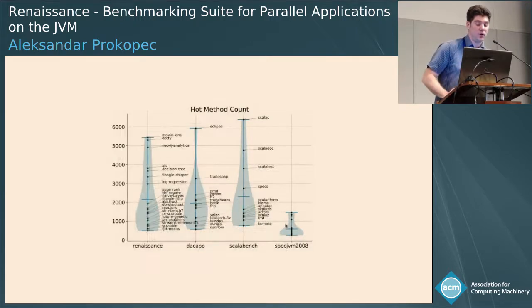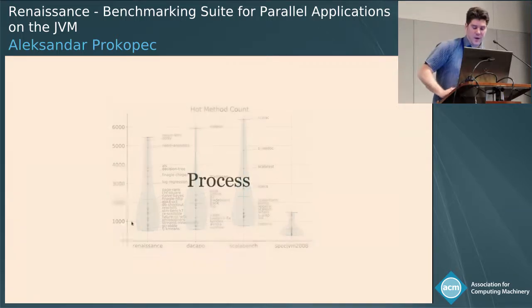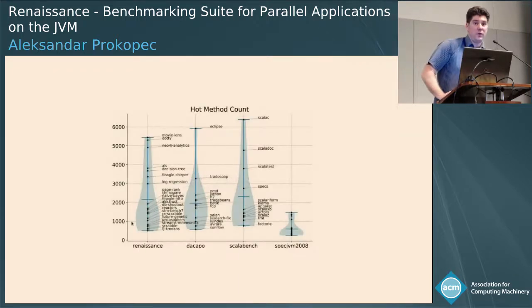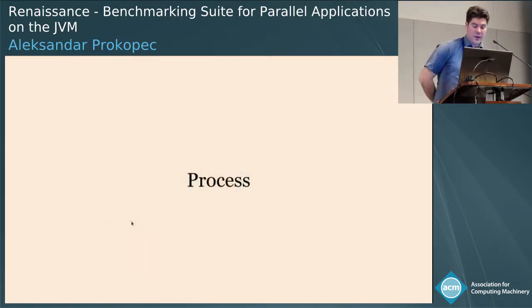In addition to hot code size, we compared the hot method count, so the number of methods that were deemed important to be optimized by the VM. And here we saw again a similar distribution with a small note that it's slightly more method counts per hot method size, which might indicate that people are writing smaller methods on these newer workloads. So from this we concluded essentially that we did select workloads which are sufficiently complex and not just micro benchmarks.